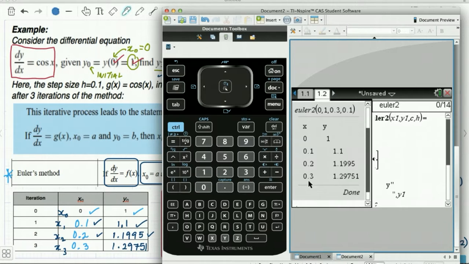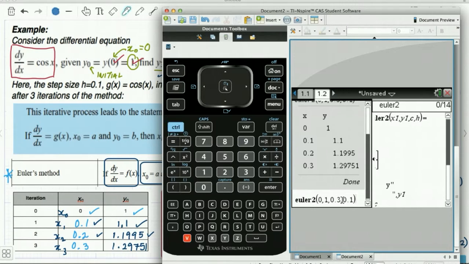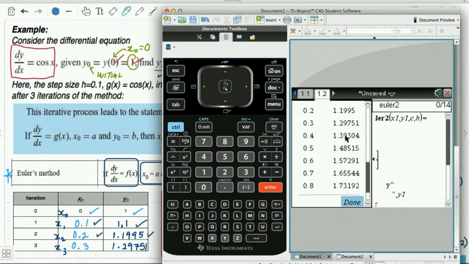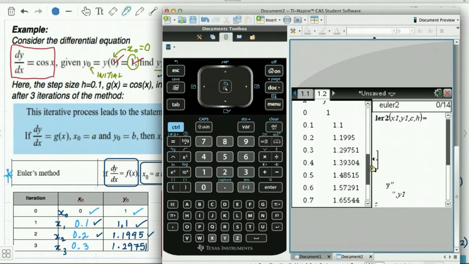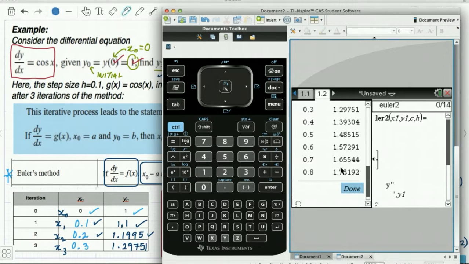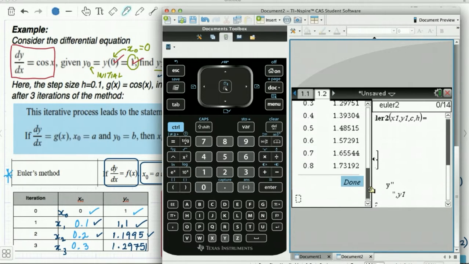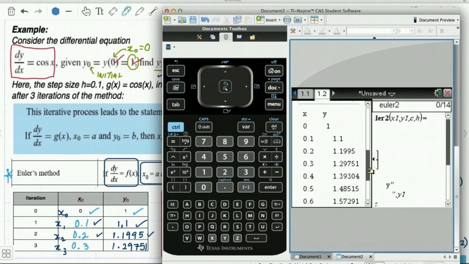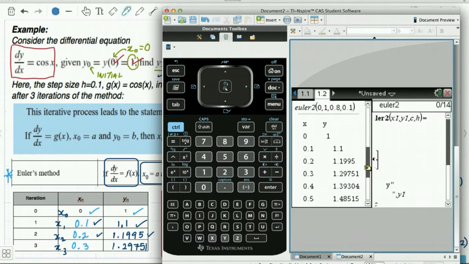So you can actually do this a lot further. We did this 3 times, and you're probably over it after the 3rd time. But if you wanted to look at solutions further than that, I'll do it on the next line here. Let's say we want to go to 0.8. So that's 8 iterations. See how it gives you that big table, and you can see here when we started at 1, it starts to get closer and closer to maybe 1.7, maybe it's going to go to 1.8. So it's probably approaching 2, realistically, is where this is going. So you can do this a whole bunch of times, and you wouldn't want to do that by hand,